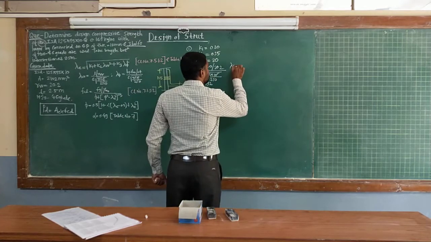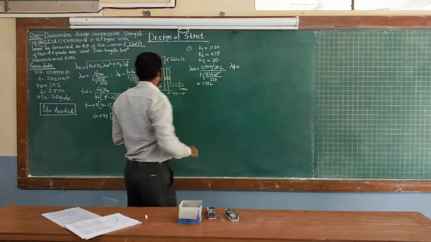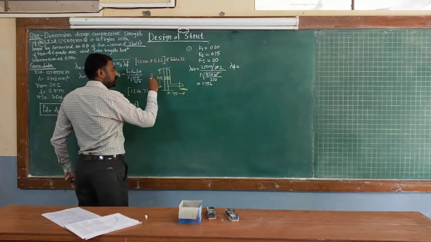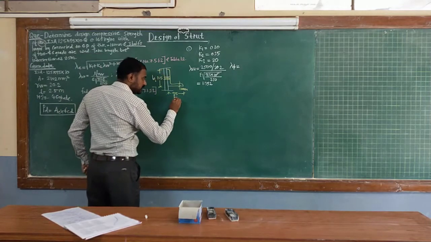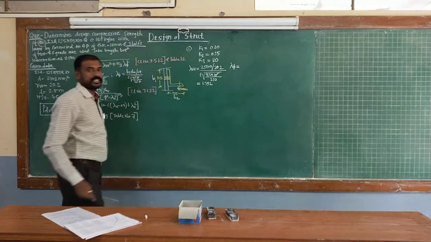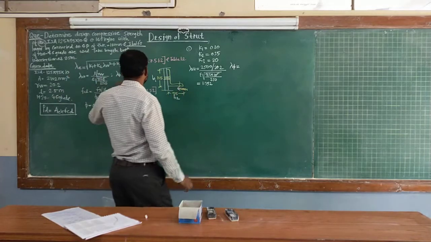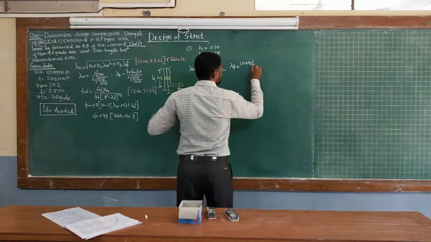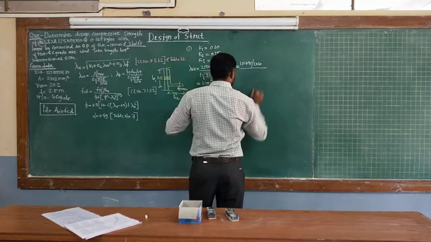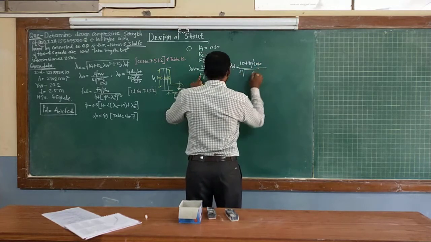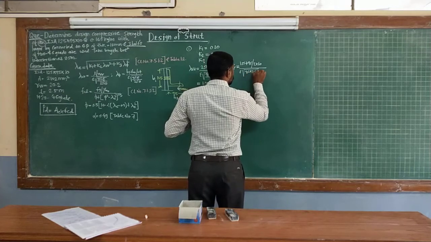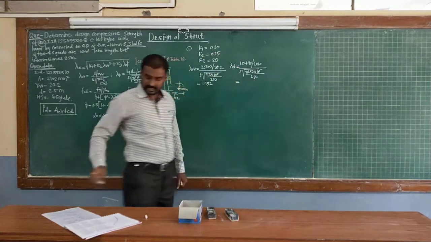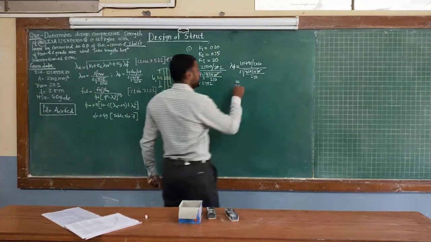And the second value, lambda phi, is equal to B1 plus B2 divided by 2T. This particular vertical leg is always the B1 value, the horizontal leg is B2, and this is going to be your thickness, 10 mm. So putting the values, lambda phi will be equal to 125 plus 95 divided by 2 times thickness, 2 times 10, divided by the denominator, which is the same again, epsilon multiplied by bracket pi square into modulus of elasticity 2 into 10 raised to 5 divided by 250, and we are getting as an answer lambda phi as 0.128.